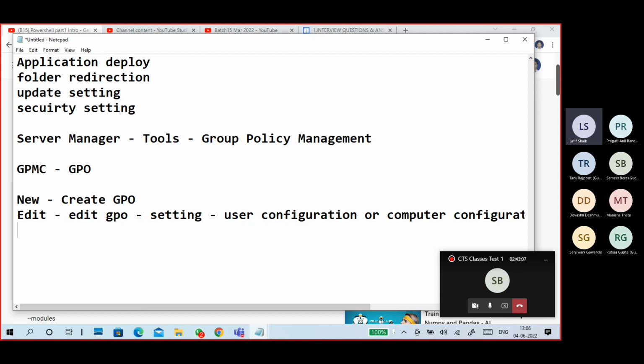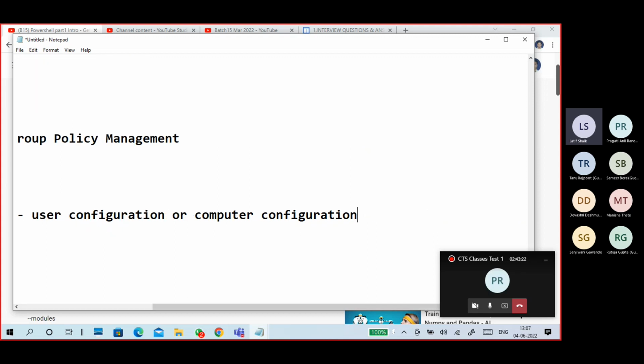So edit the GPO with the settings. The editing GPO we call a GPME, Group Policy Editor.